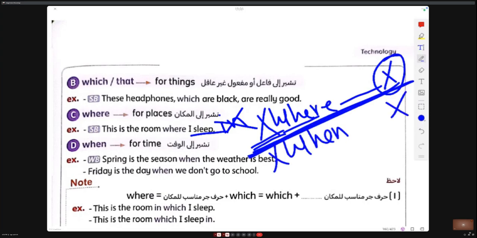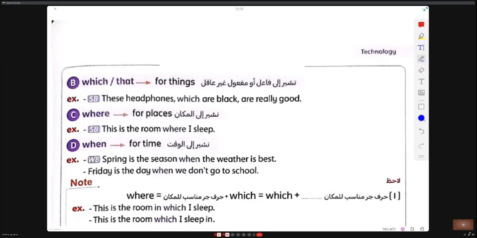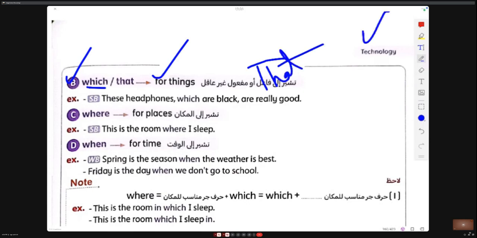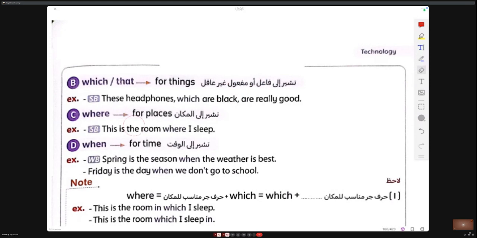But with which, we can use a preposition. We can use a preposition here, but we cannot use the preposition here. When is for time.